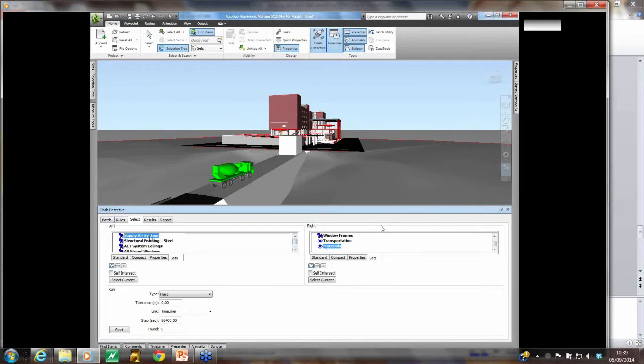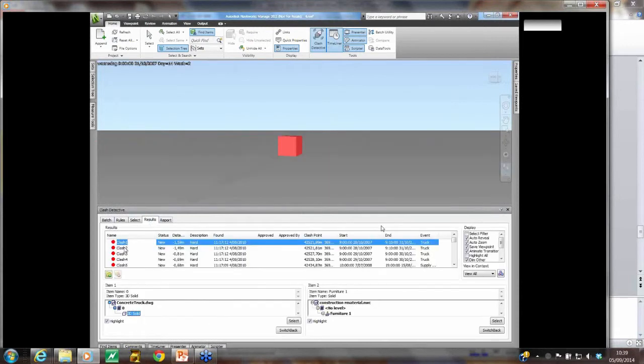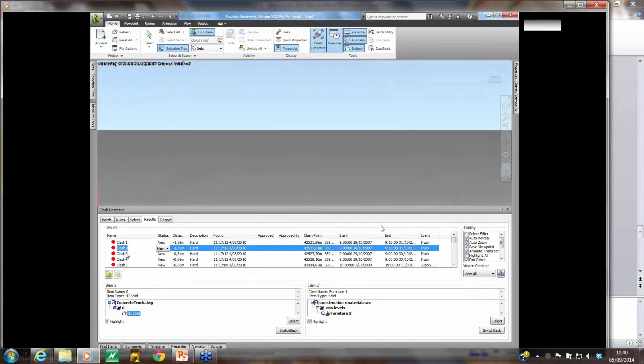So here we're linking a task, the truck delivering the concrete, and we're linking that to the clash detective. So there's our task. Link it to the timeliner. It's going to be a hard clash. Are these objects actually physically touching? And then run the sequence. And then in this case, it's found 27 clashes